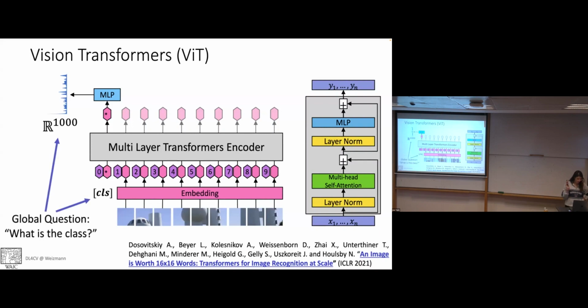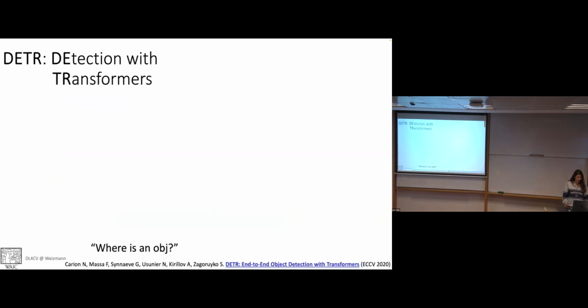So we can think about this classification, and it will maybe connect to the question that we want to query about when we're talking about object detection, as this classification token is like, what is this class? This is like the global question that we're gonna condition on. So the question now that we're gonna have for the transformer is where is an object? We're gonna want to have information of set prediction of where we have an object. So this is like one query, but